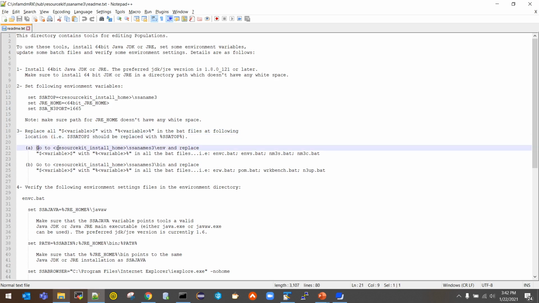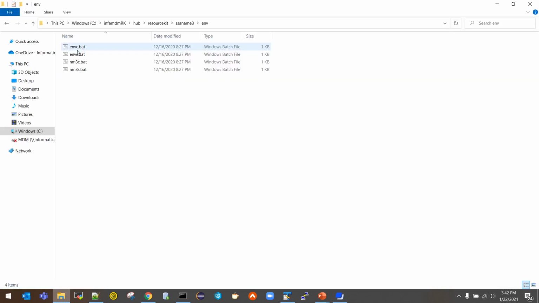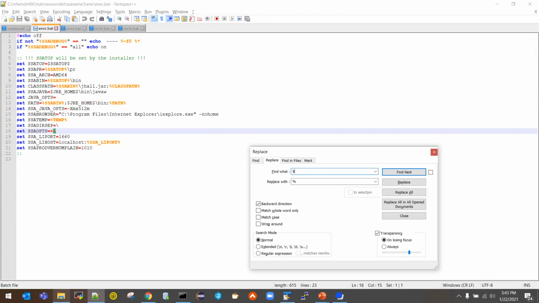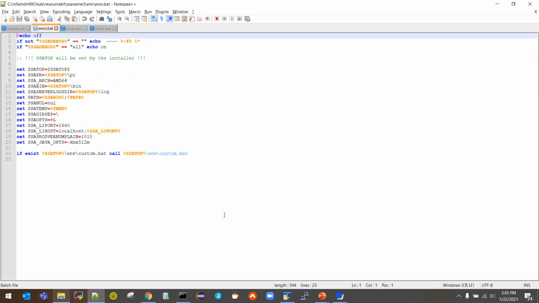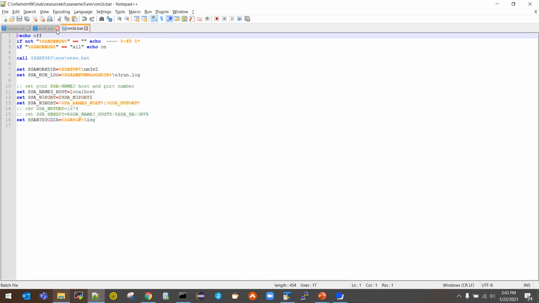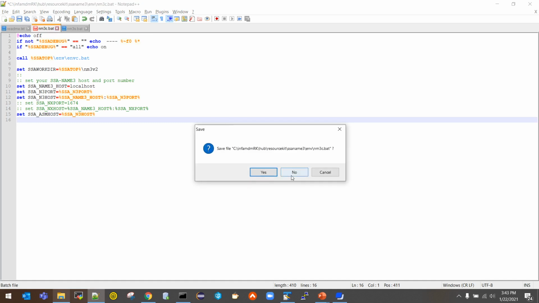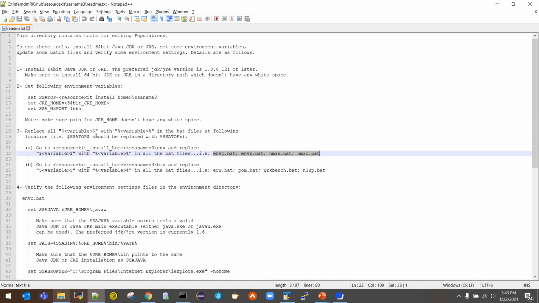So the first thing is you need to go to the resource kit home SSA N3 env folder and replace all dollar with percentage in each of these four batch files. So this step is done.